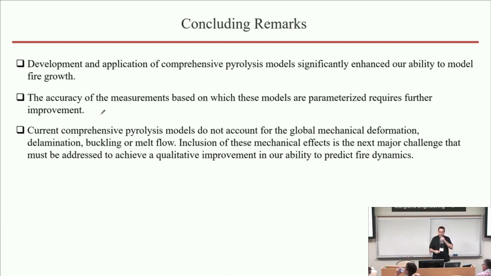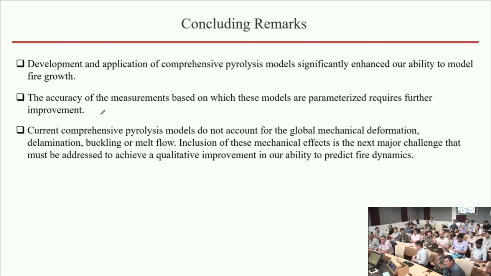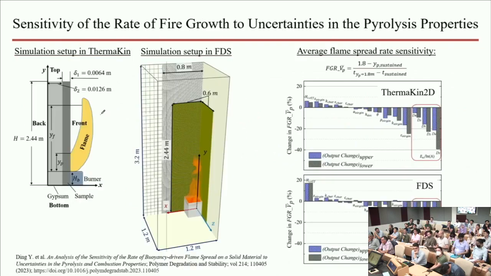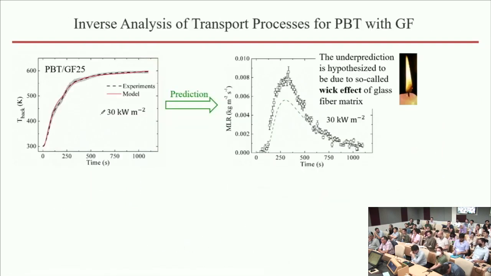Okay, thank you for the presentation. In the case of the glass fiber sample, you were telling about the discrepancy between the model and the actual results. How come there is such a big difference in the size of the area under the curve? Because this is mass loss rate, so it's a finite amount of mass, and I would imagine it would be the same area under the curve.